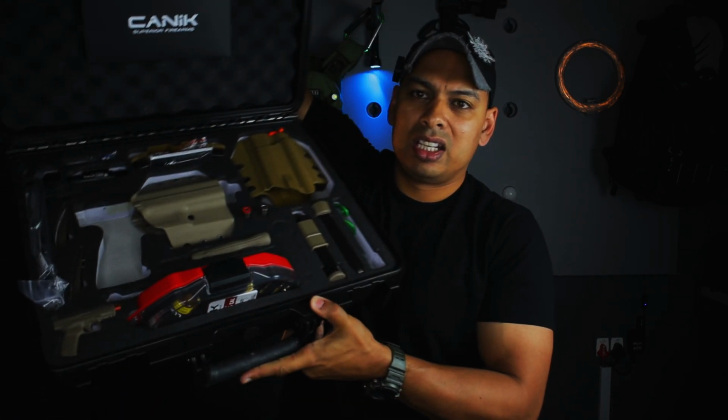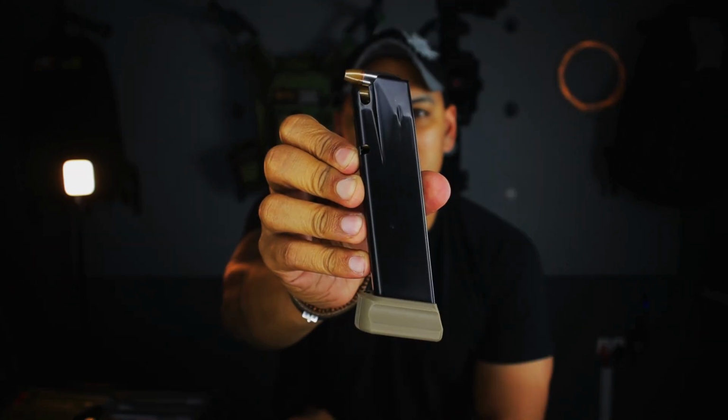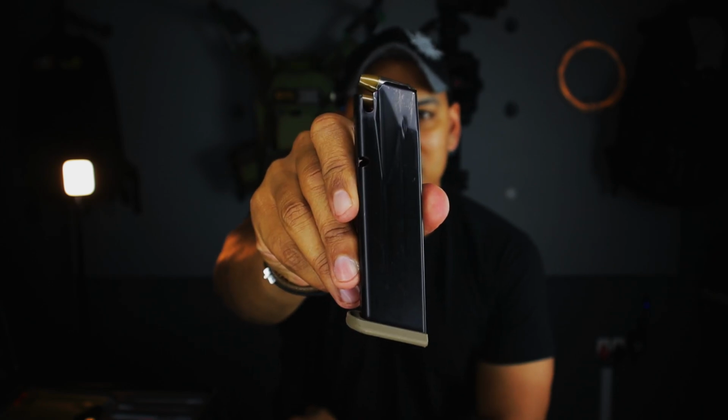You get a literal ton of stuff, and I'm going to show you each and everything. Okay, so let's get things going. A 20 round mag, another 20 round mag, an 18 round mag, another 18 round mag,